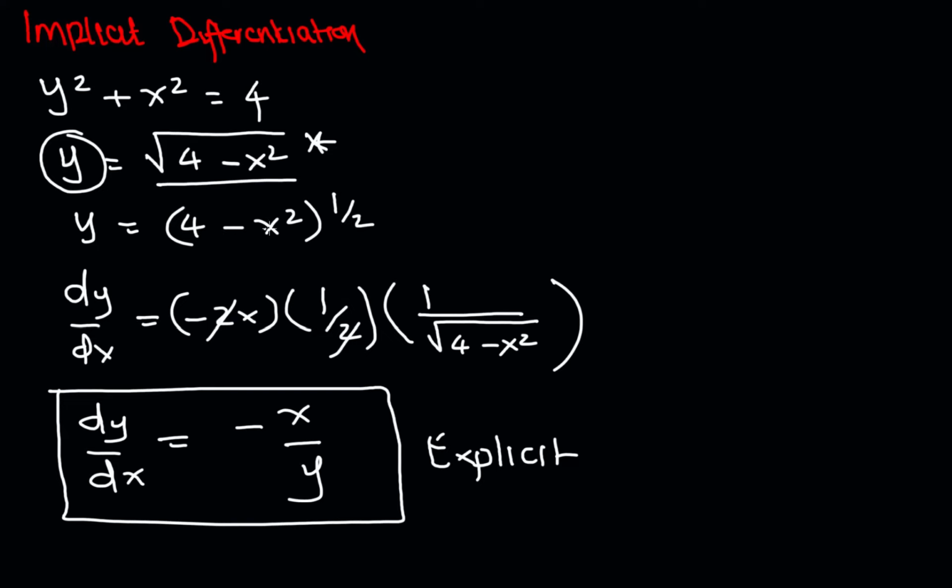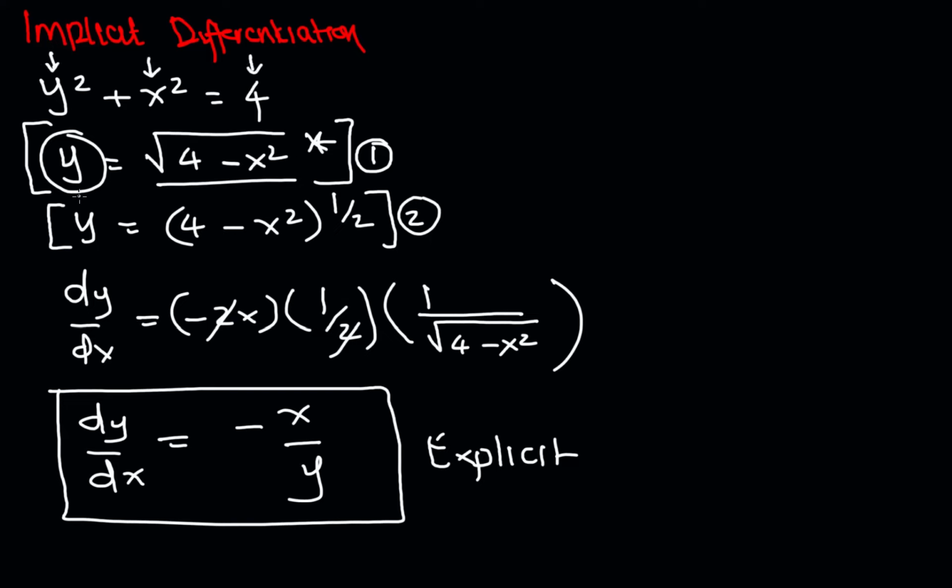Okay, but what happens if it's very difficult to do this? Very complex equations. What happens in that case? We can find a method where we can skip this step here. And then, by doing that, we can also skip this step here. How do we achieve that? We achieve that by looking at these